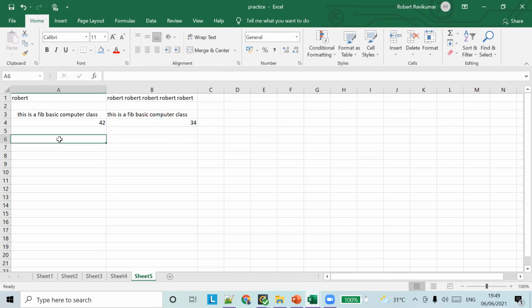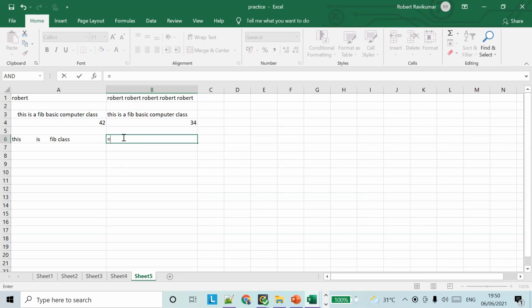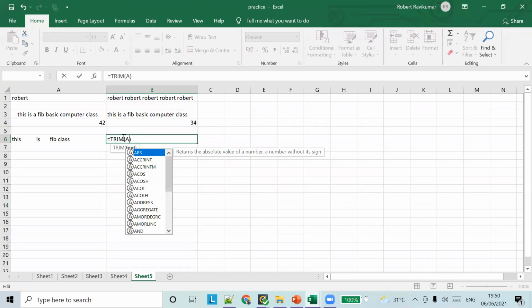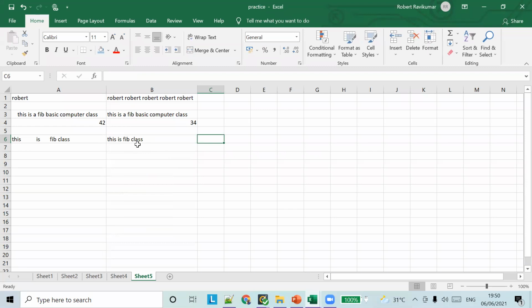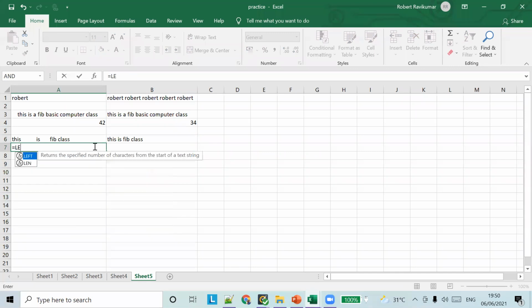Similarly, let's say there is a space in between: "This is   FIB class." We can do a similar thing: equals TRIM A6. Now you can see that if there are multiple continuous spaces, it replaces them with a single space.